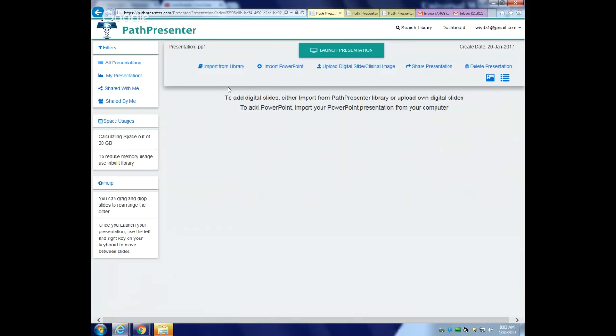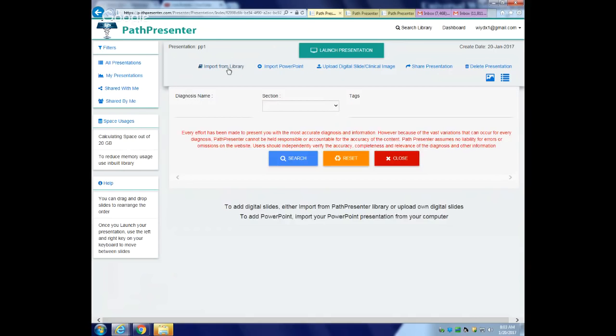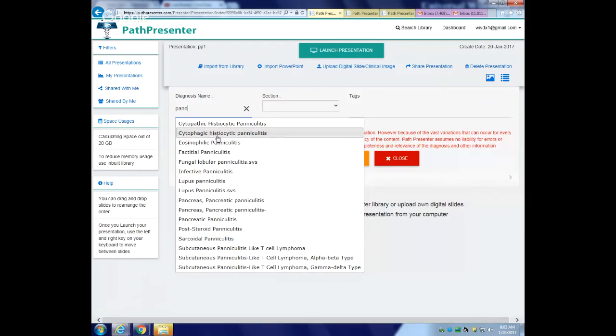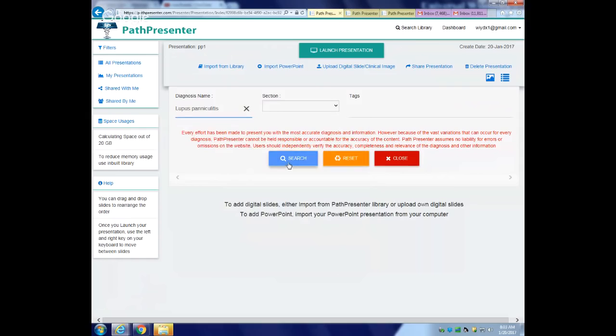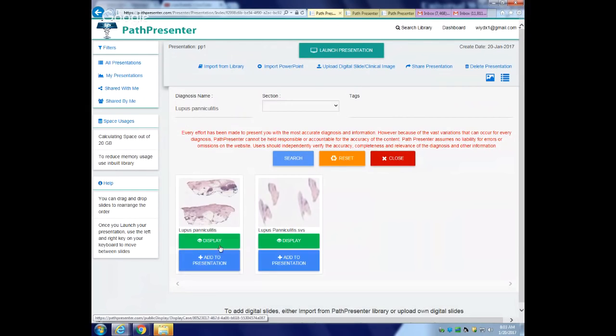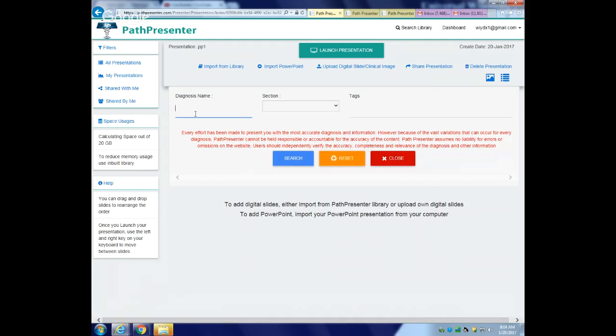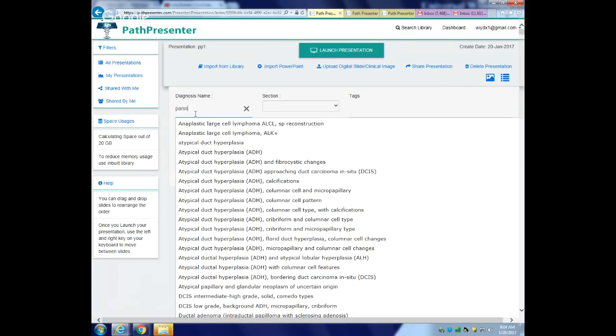If you want to make a presentation of just digital slides, like yesterday when I wanted to teach the residents a topic on panniculitis, I go to import from library, and then if I start typing panniculitis in the diagnosis, it will pull out a lot of cases on panniculitis. If lupus panniculitis, search, it'll pull out a case. You look at the case. If you like it, you add it to the presentation, and then you give it a number, slide 1, save, add, reset. Then you go back to panniculitis,